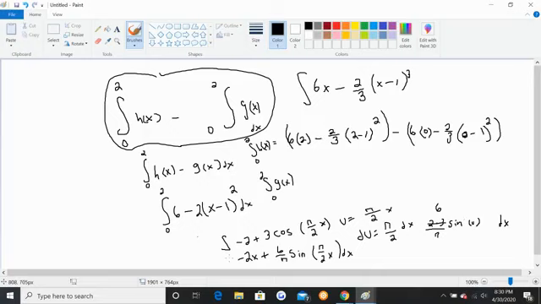And now we want to find the definite integral, because this is our antiderivative. So remember what we do, right? We plug in our upper bound to our antiderivative, which would be 2 plus 6 over pi sine